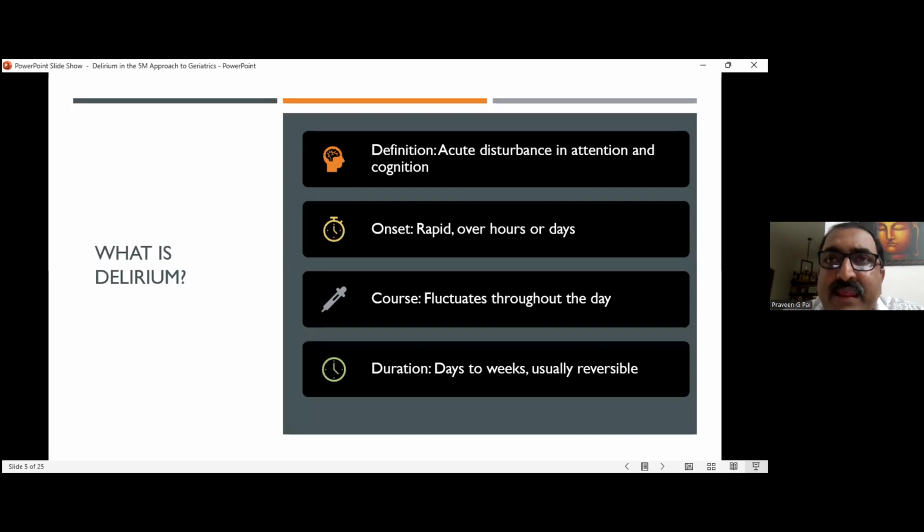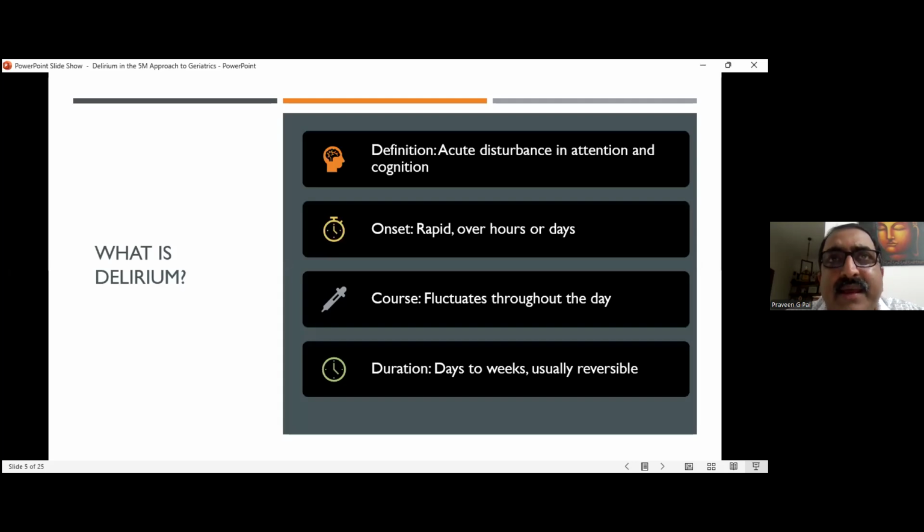And mostly the delirium gets worse towards the end of the day, towards evening and night. It may be worst during the night, or even late night or after midnight. We call it sundowning. When the sun goes down, the symptoms go up. That's what it means. Sundowning is a definite phenomenon which we often see in delirium.